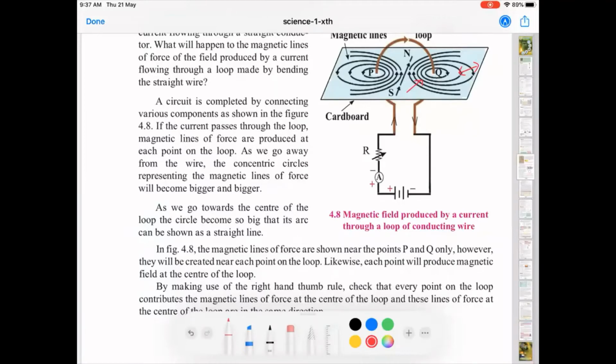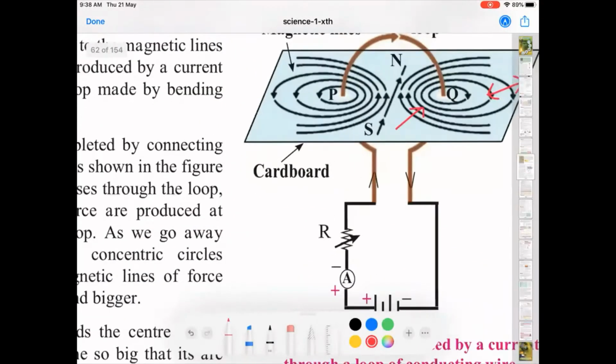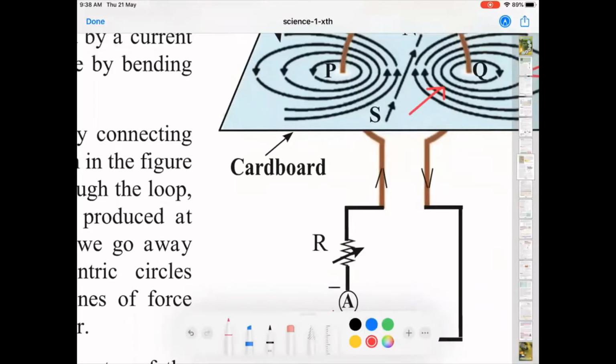Now if you look into last year's board paper, I would rather say the first year's board paper, the same diagram was there, but there was a modification in the diagram where there is a resistance. They had connected one more resistance like this in parallel. Remember, the resistances are in parallel. So this was a question which was not created from the book, it was created from the knowledge taken from 9th standard.